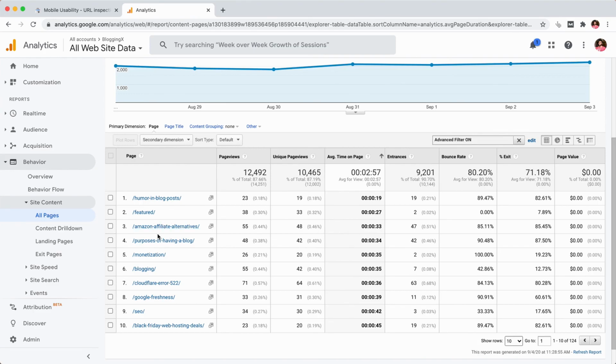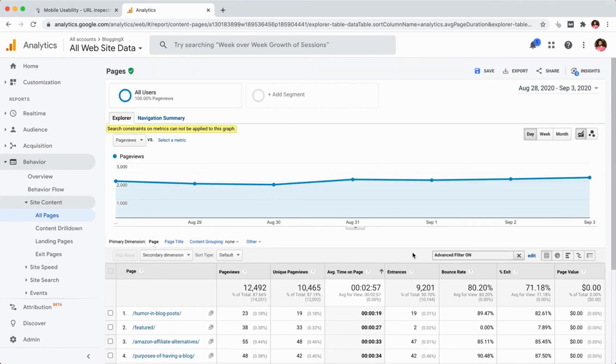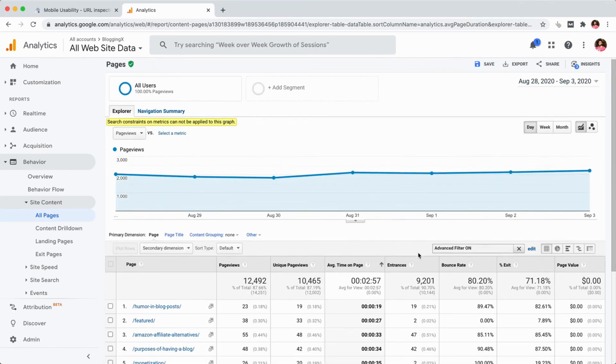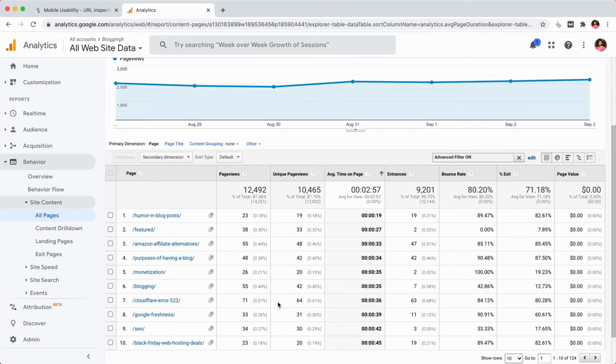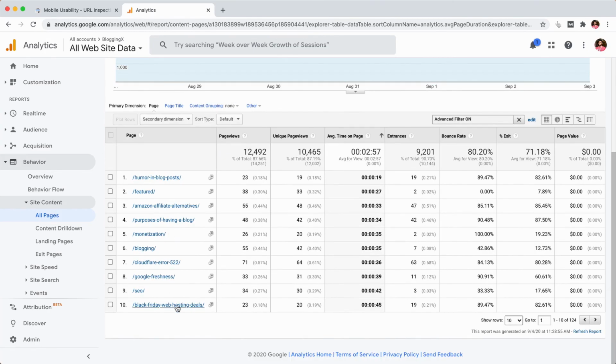So I can maybe go to this post and make necessary optimizations, add in new content, clean out outdated content and optimize this, and again track whether there is any improvement in page views and also the time that people are spending on this content. So this report helps you a lot to determine how people are engaged in each of your blog posts so that you can do the necessary optimization. So please do remember to add the advanced filters so that it will show you the real blog posts, not the admin pages or other outliers.